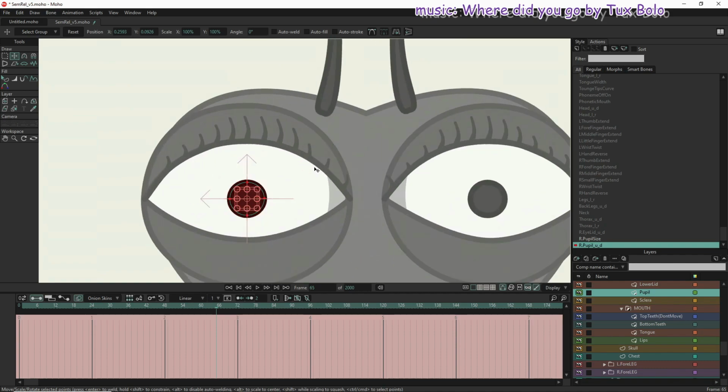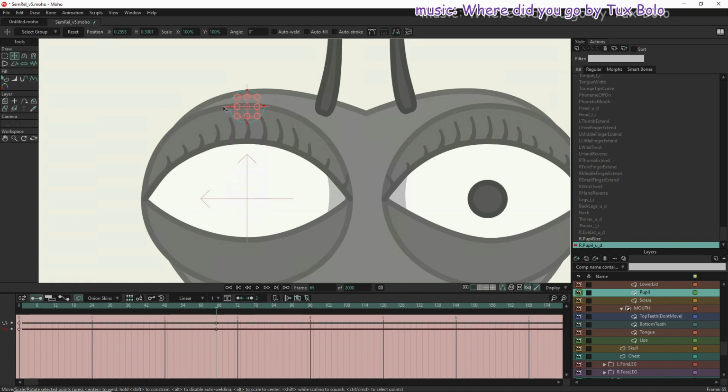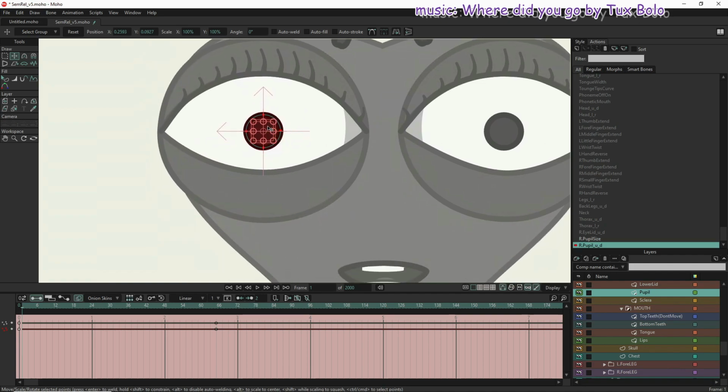So I'm going to drag the object up until these points in the center are overlapping the stroke here. So holding shift, dragging straight up. And I'm going to put the outer one right in the center of the stroke. Then we're going to draw to 1, and we're going to do the same thing. We're going to bring the point on the outer edge to the center of the stroke of the outer edge of the eye. Then at 33, we reset back to normal, and you can see the position is slightly off